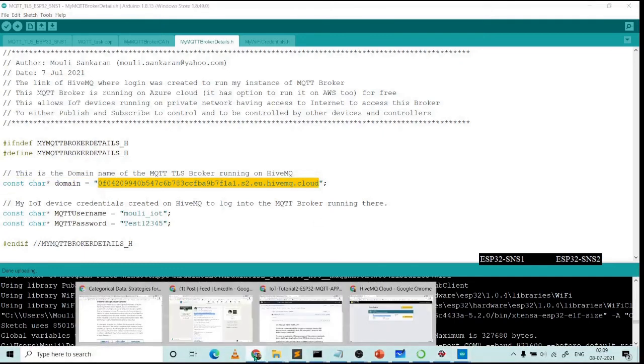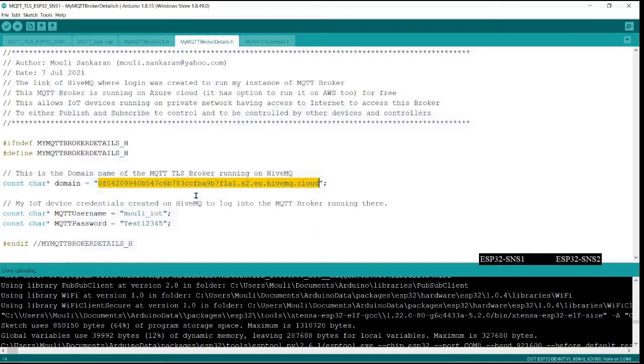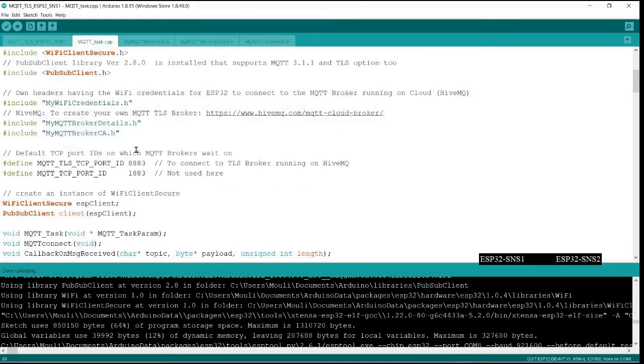Now this is the same as this value, which is running there, the broker's domain name, from which it will get the actual IP address of the broker. I will show you. It has also got an IoT username which is there. Now let us come back.